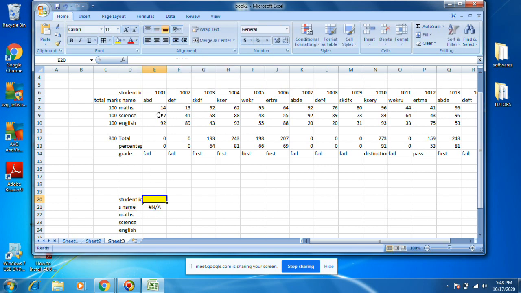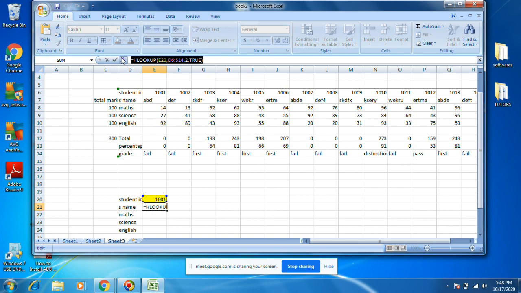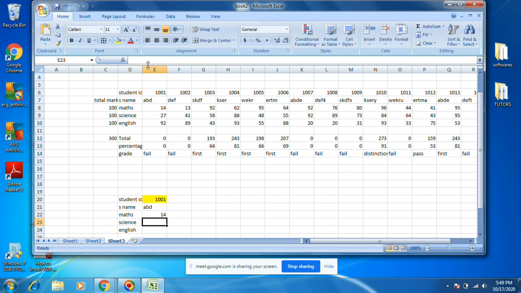Okay, let's do the 1001. You see it came now. You can put like this. Instead of 2, we need to keep 3. We need to keep 4.